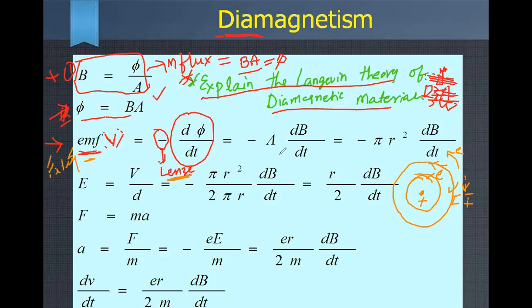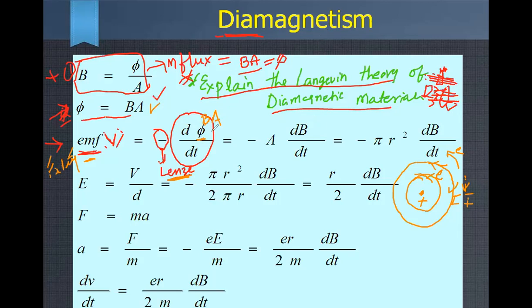Okay. Now I understood. So we also know that what is the phi value? BA. Note down every step better. So you just substitute here phi is equal to BA. So when I substitute here BA, what happens?